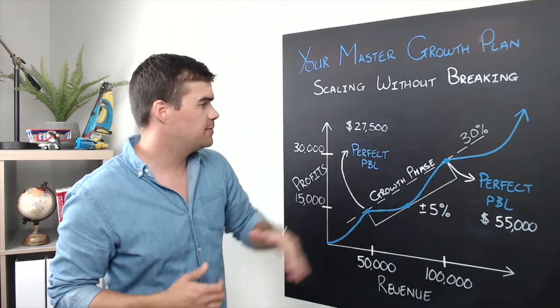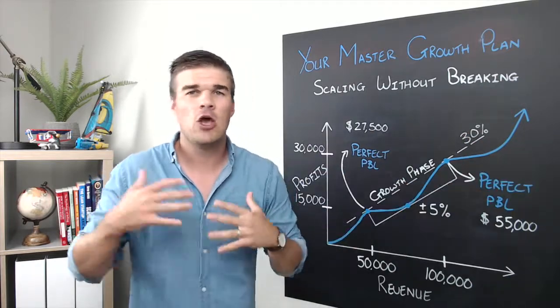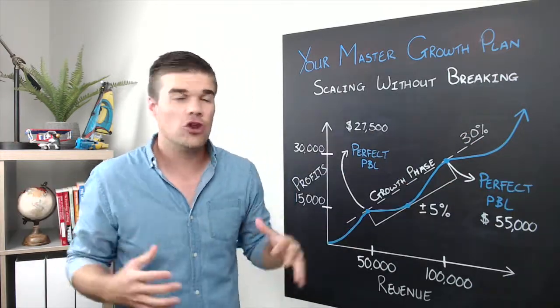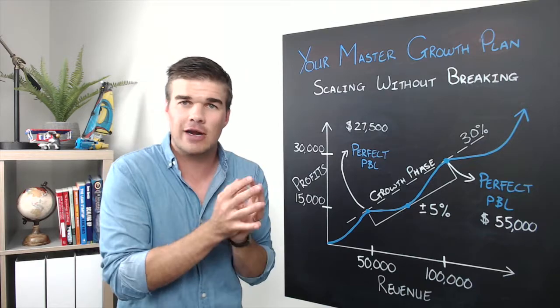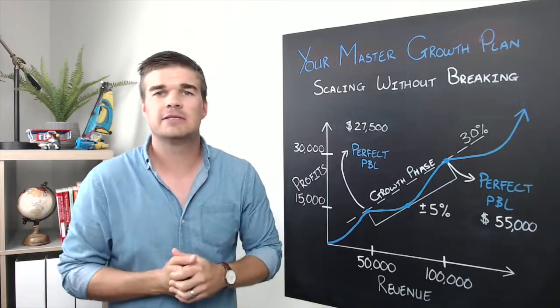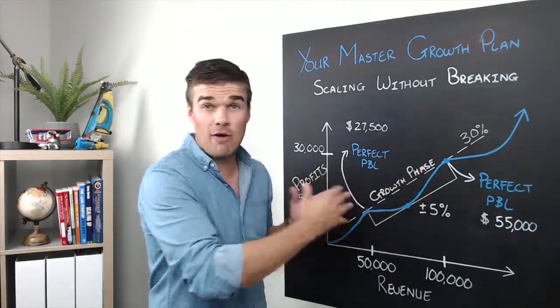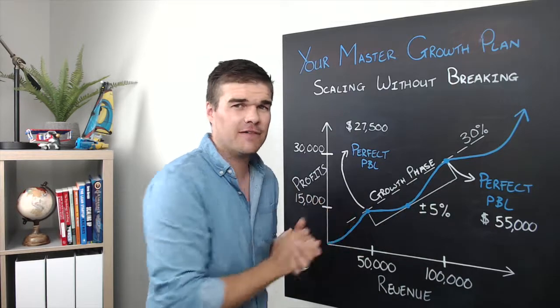Obviously, when you start spending this money, you're going to do a needs analysis. You're going to figure out how much money you need to spend in advertising, what kind of positions you need to fill. Then you know how much money you have to spend, and you can start allocating those resources to those different needs. And that's all part of the business management cycle that you'll go through anyway as a business owner. But now at least you have a very clear financial guideline of how to get there.